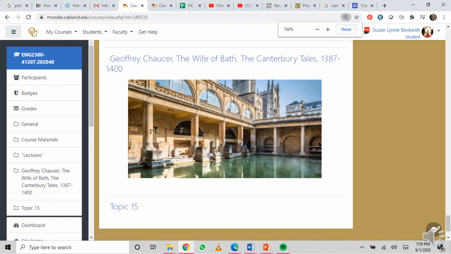Our first reading for the class is going to be Geoffrey Chaucer's The Wife of Bath from the Canterbury Tales. And this is just our preview picture. Now, beneath this preview picture in the section, when I've filled out and made the rest of the weeks visible for the class, you will see the assignments beneath it. But for right now, I want you focusing on the course materials. Next week, I'm going to have up the engagement and getting to know one another activities that we'll do, so you can focus on that.